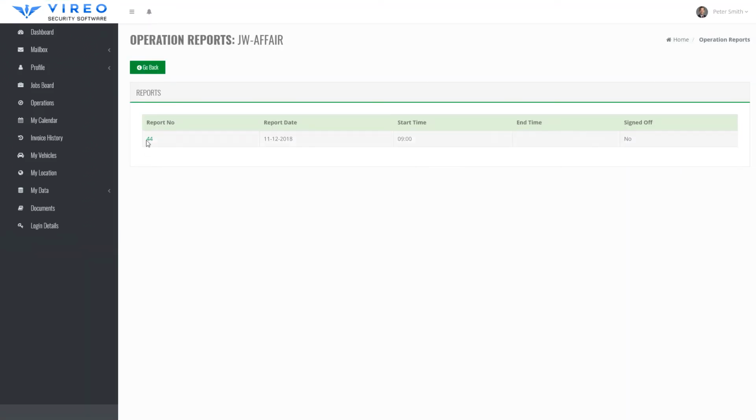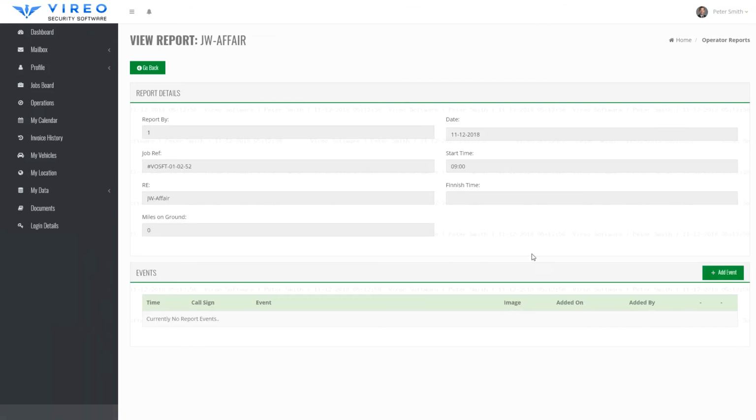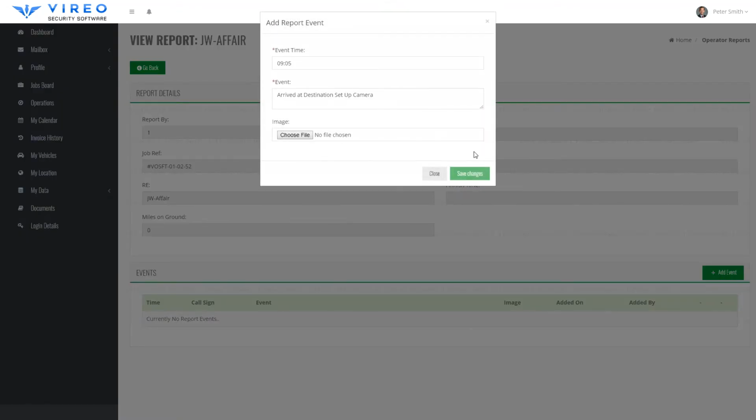see there's one report here, so if we click into it. So now we're in the Employee Report Editor section. If multiple employees are working on this, you would see report events adding in real time, but there is only Peter Smith working on this report, so we're going to add an event. In this report event, I'm going to say event time 9:05, arrived at destination, set up camera, and click Save